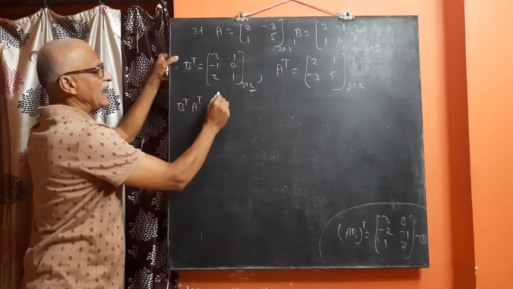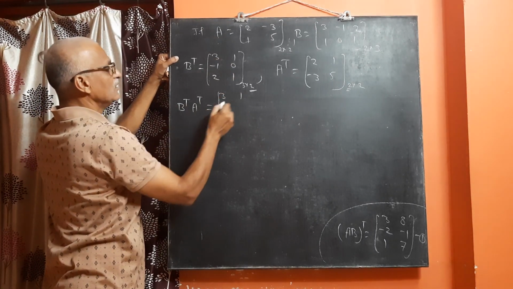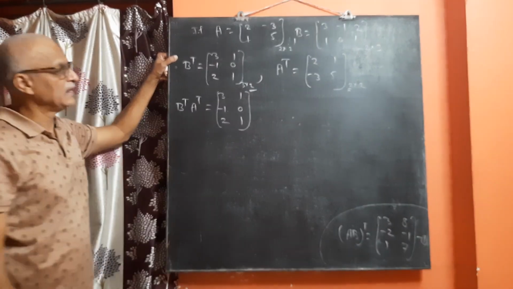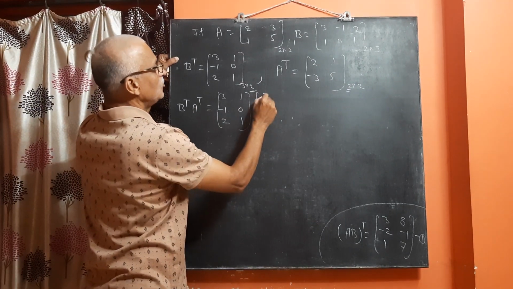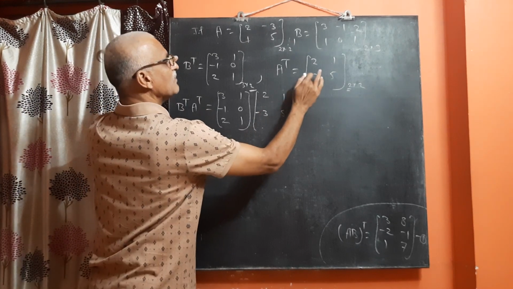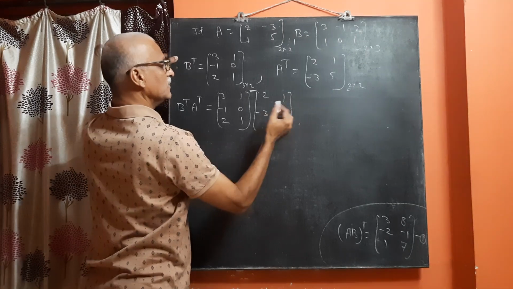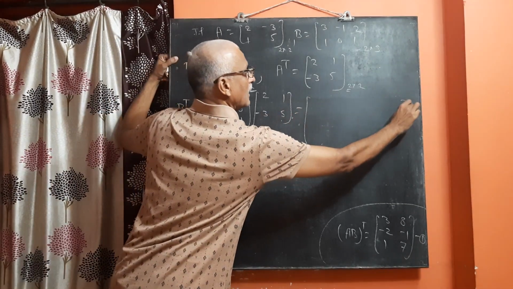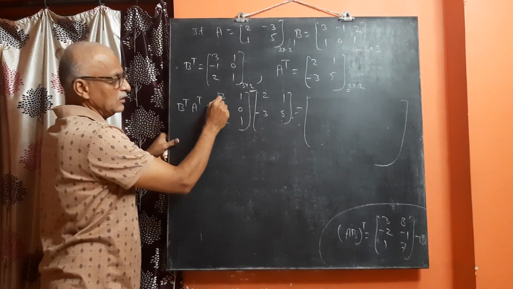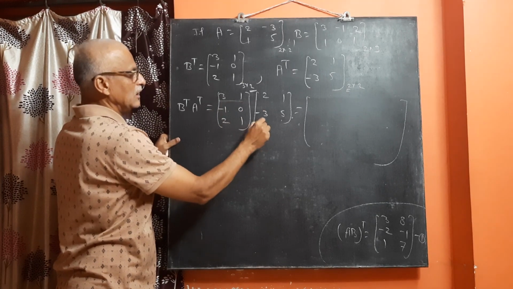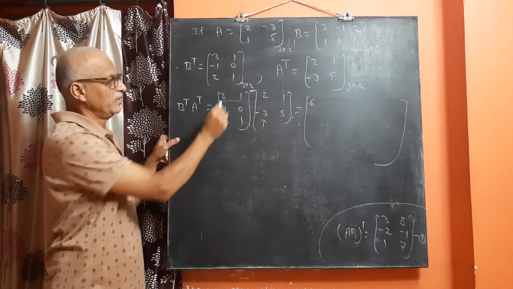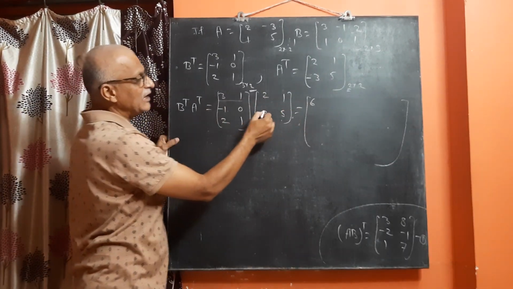is equal to, I write down the matrices again, 3 1 minus 1 0 2 1. Now this we have also found out. The second matrix I put again here, 2 1 minus 3 and 5, is equal to. Now again the first row, that means this row into this column, 3 into 2 is 6, 1 into minus 3, that is minus 3.